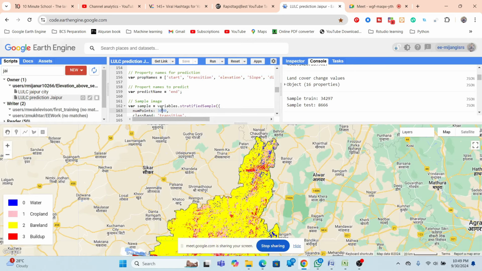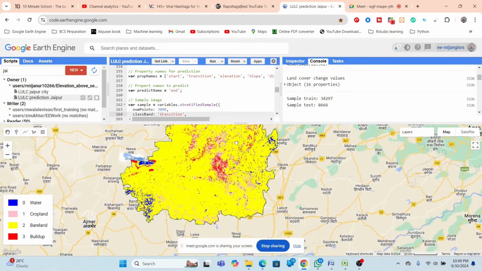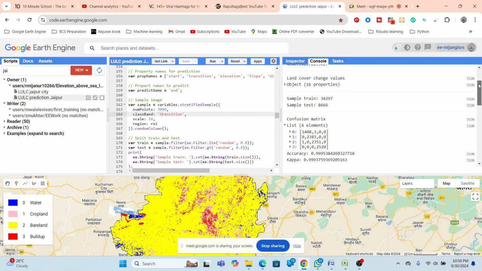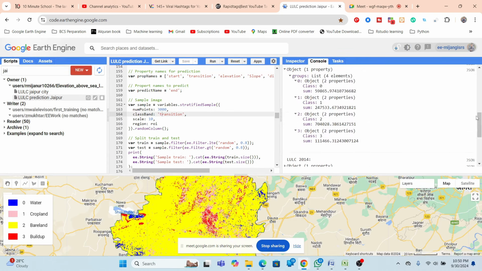Okay, and further we try to predict this type of thing. Okay, and we can get this type of result. So this is our prediction map. So now further you can simply use it in your work, and you can also write this type of thing. I also individually wrote the code, it looks like this. You can see we can find out how much area is water. Also you can see the cropland, built up, and also this is the